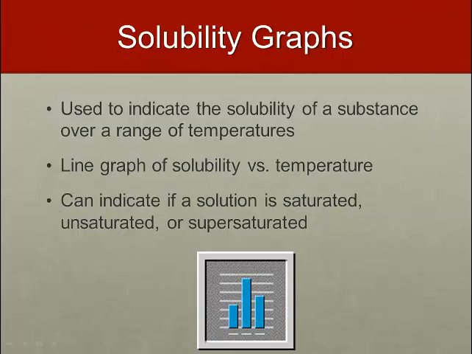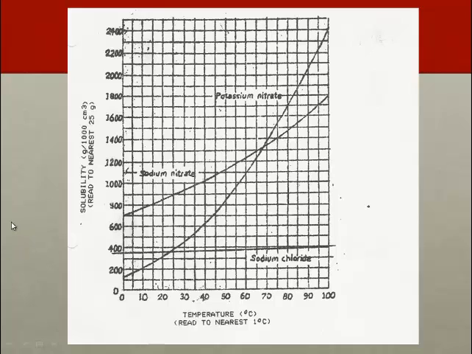So let's take a look at the graph that you got here in class. I have a solubility graph of three substances, and I'm going to highlight them right now. We have a line for potassium nitrate, a line for sodium nitrate, and a line for sodium chloride. For potassium nitrate, we have our yellow line, which is right here. Excuse me if I run off the graph here. For sodium nitrate, I'm going to highlight that so we can correspond which substance that is. And for sodium chloride, which is down here at the bottom,